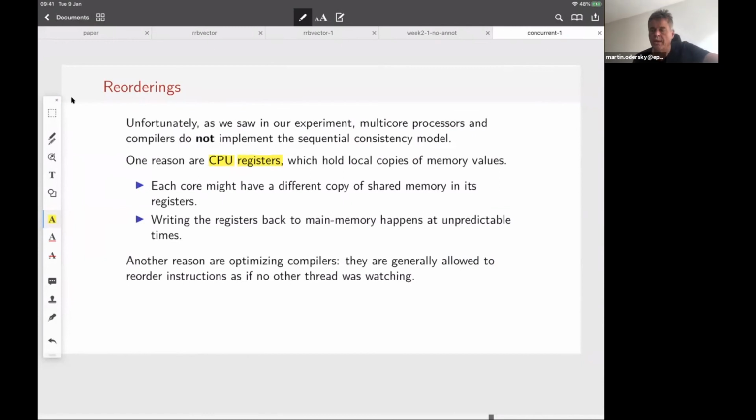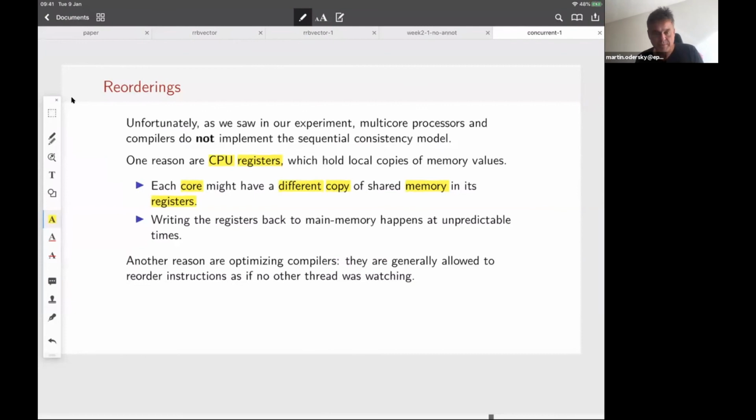So we don't guarantee it right away. That means each core might have a different copy of shared memory in its registers, and as it works on the registers, it gets out of sync. There's not a single copy of that variable anymore, and those registers get written back to memory at unpredictable times.